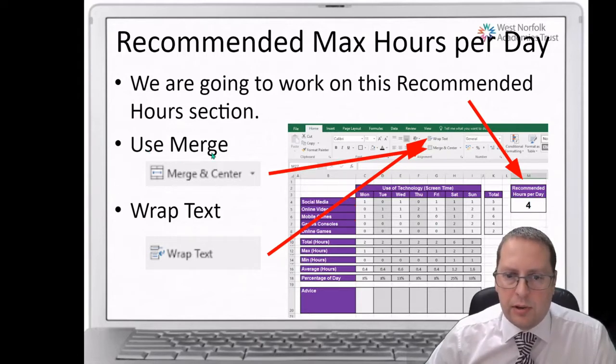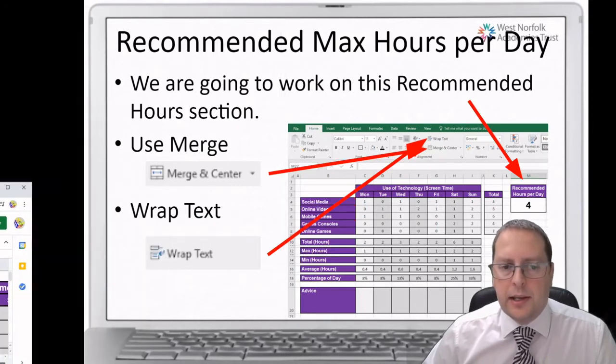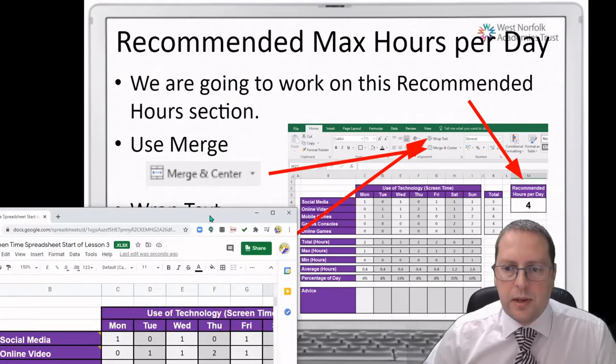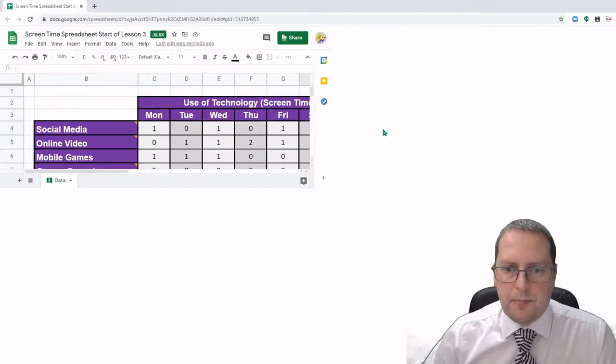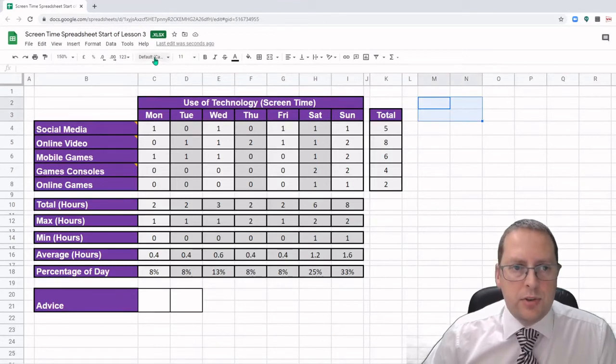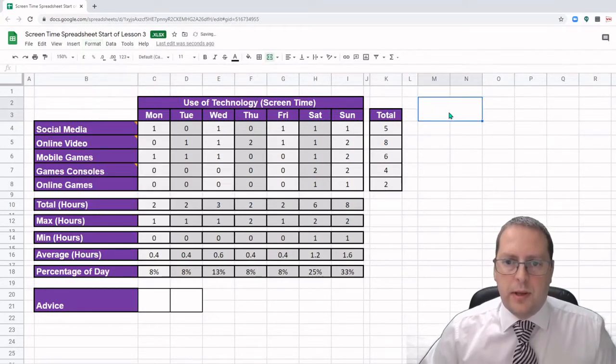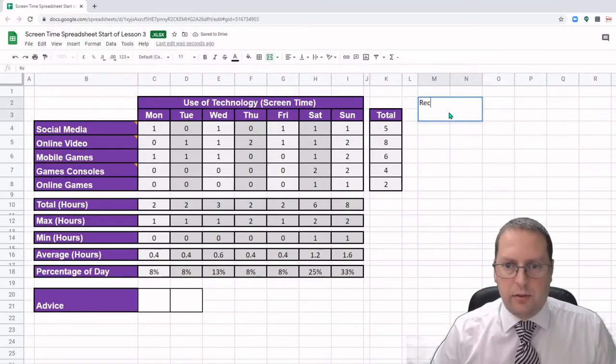And again, we're going to use the merge tools. If you're in Excel, you've got merge, and if you're then going to wrap text in Excel, we've got wrap text, and I'll show you how to do that again in Google Sheets. So recommended hours per day. First of all, I'm going to create that here. So I'm going to merge these 4 cells here together, format, merge cells, merge all, and I'm just going to call this recommended